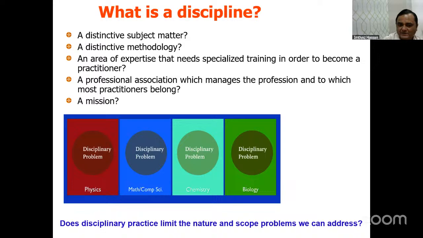So generally people have a discipline. You have done BSc, MSc, PhD from a particular discipline, and that's what they call the discipline. So what is the discipline? First, we have to understand. A discipline is like physics, chemistry, biology, whatever subject you have, you belong to that subject.